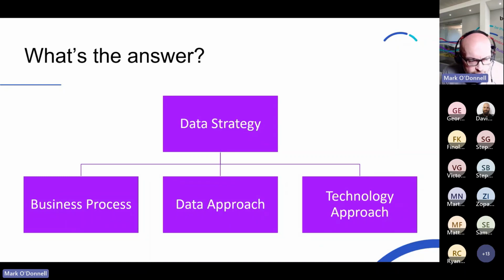You shouldn't be trying to engineer around poor business processes. The second bit is the data approach. Data needs to be consistent across the business. So for example, if one part of the business uses a different regional breakdown to others, there's going to be a problem. And there are approaches using things like reference data and master data that can help with that, but it needs to be considered.